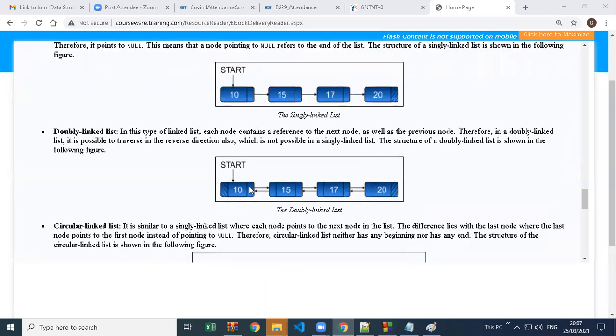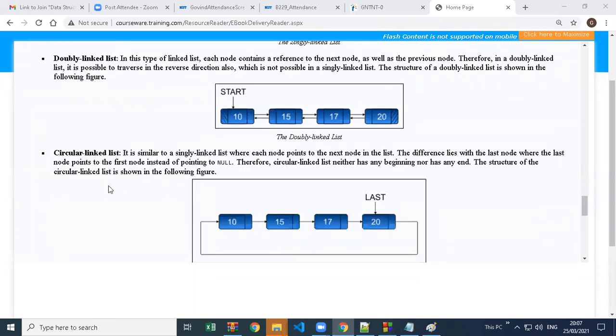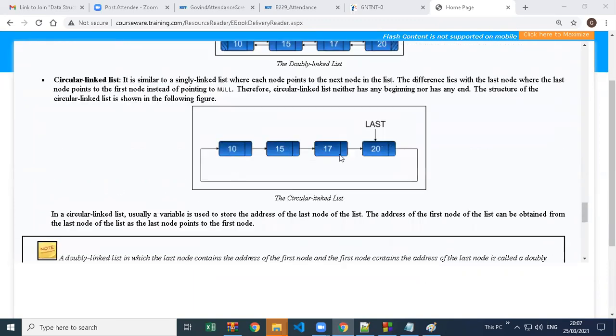In a doubly linked list, it's the same, but you have two arrows: data, next address, and previous address also. The last node does not have anything next, and the first node doesn't have anything previous. Circular is also given: 10, 15, 17, last.